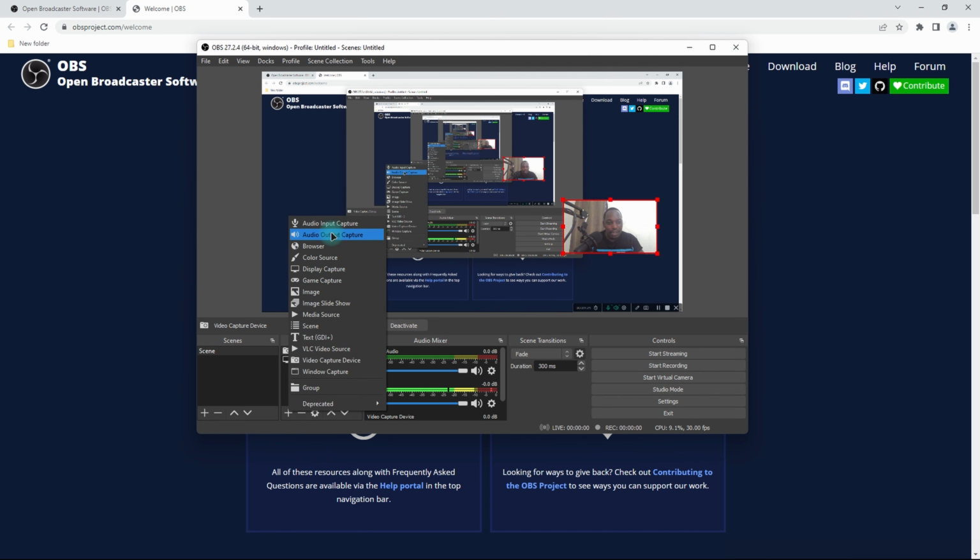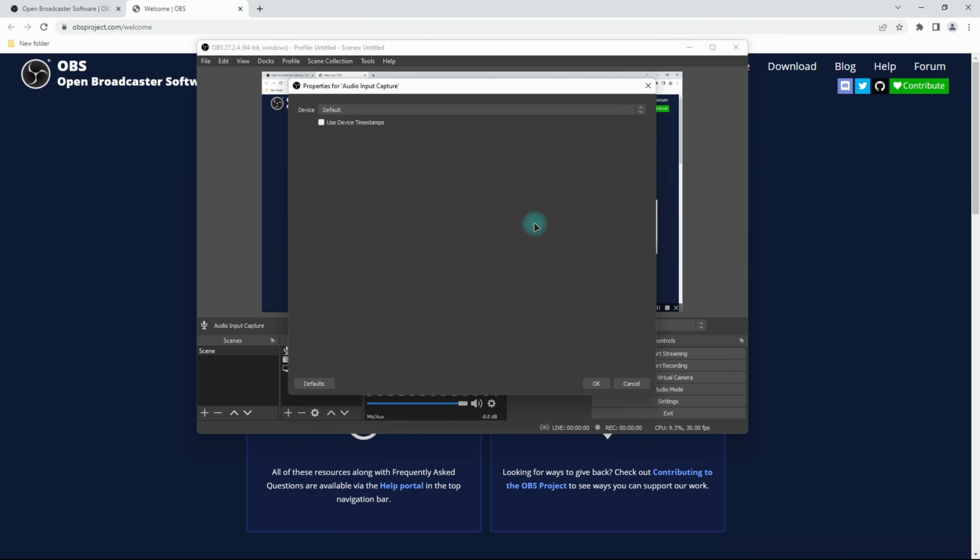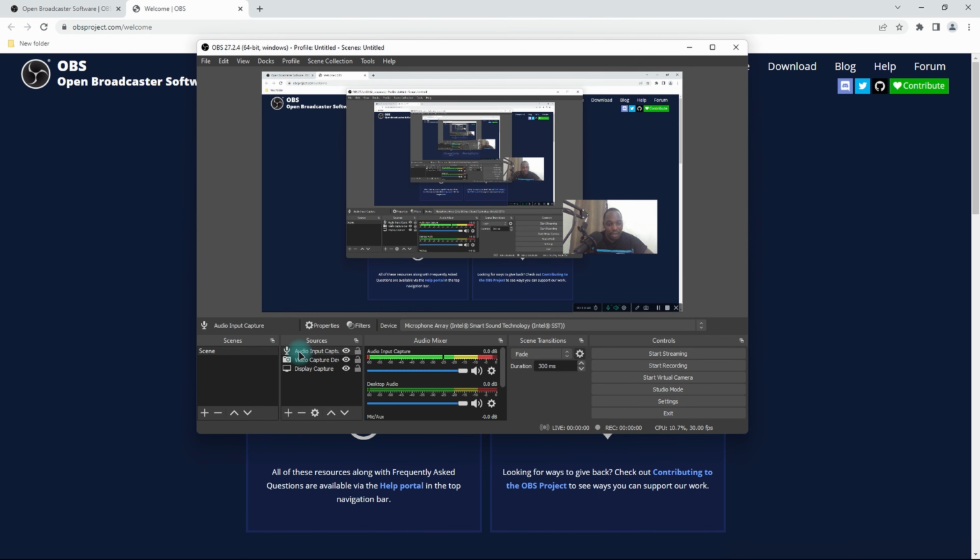So you click on add again, and this time we want to capture audio. So you click on this first option, which is audio input capture, and then you might decide to name it however you want, but in my case I just want to leave it. So you click on OK, and you have this dialog which will help you choose your microphone. Maybe you might have several microphones, and the one that you want to dedicate to OBS might be listed. So you just click on OK. I don't have any attached, so I'll just use the inbuilt one. By clicking on that, you click on OK, and now we have our audio capture, so our input, and you